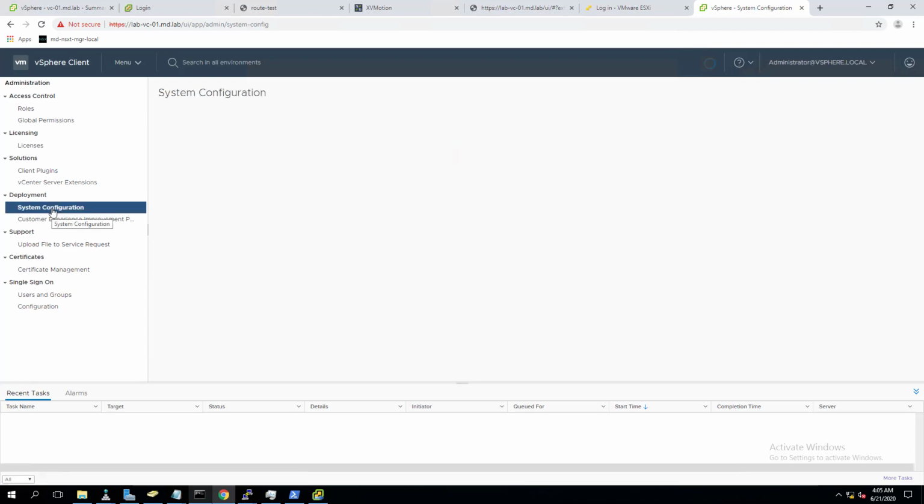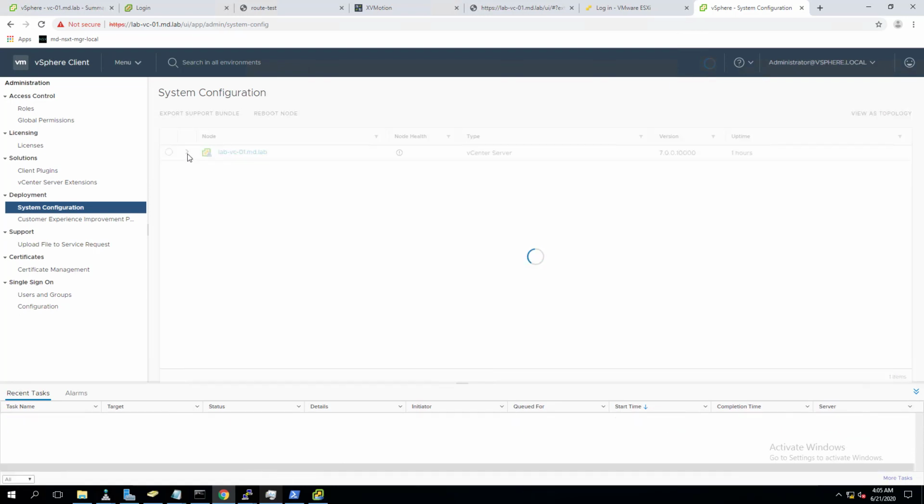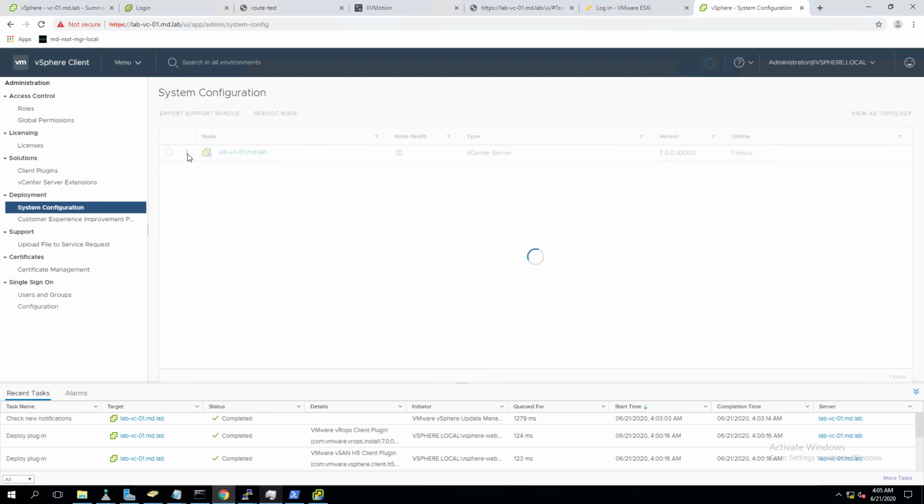Once this is done, we can just power off, sorry, we have already powered off. We can delete our PSC virtual machine and the old vCenter server virtual machine from the inventory. So we are done with the upgrade of vCenter server from 6.7 to 7.0 with an external PSC, and converged it to an embedded PSC with 7.0.